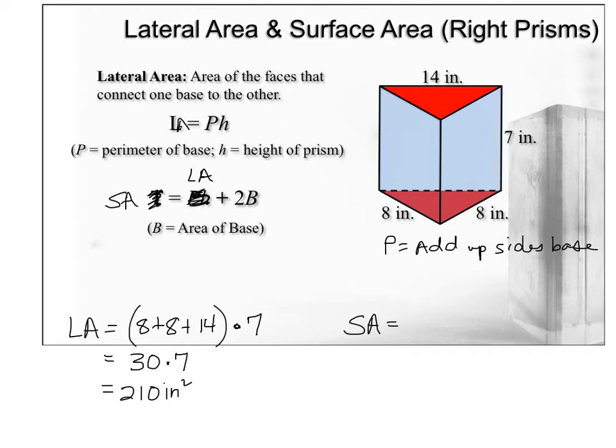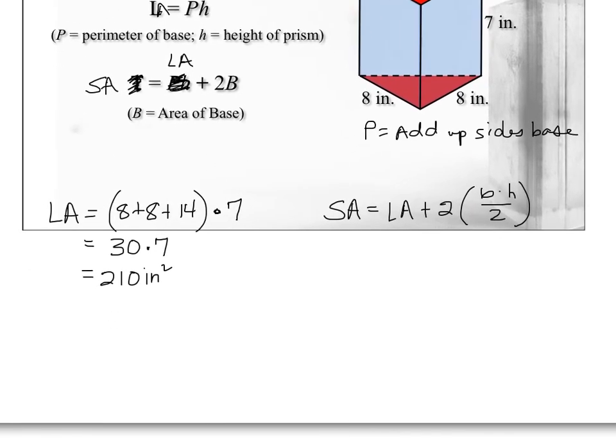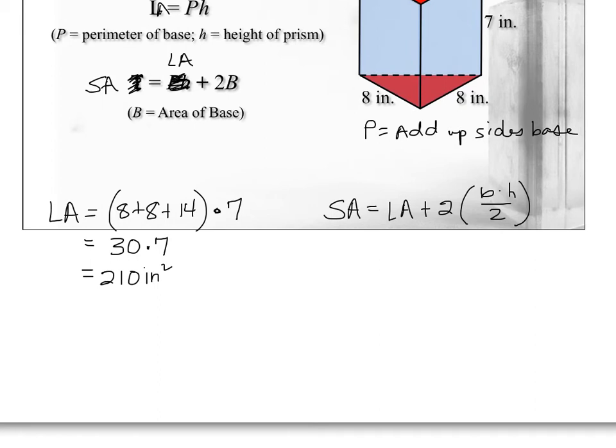Well, in this case, the area of the base is a triangle, which is base times height divided by 2. And you'll notice that that triangle is a right triangle. It doesn't show it in the picture, but it is a right triangle. So when I calculate this now, the lateral area, we already just found that. That's 210. Plus 2 times